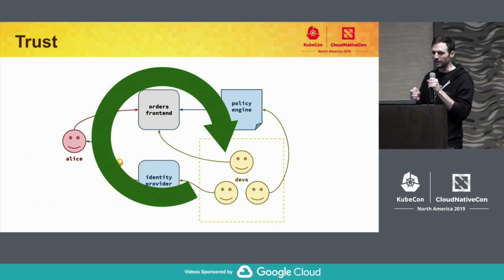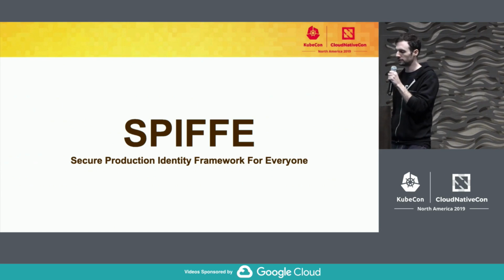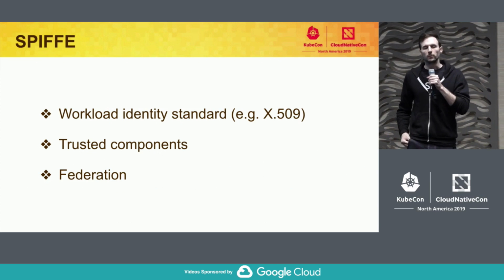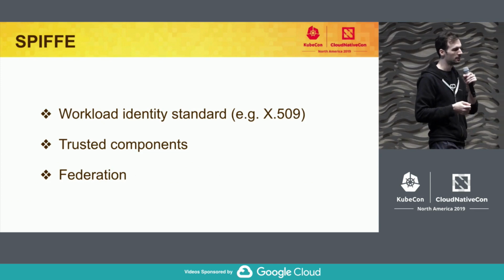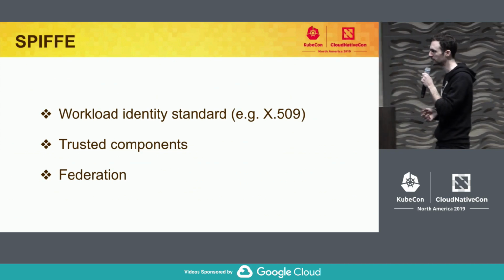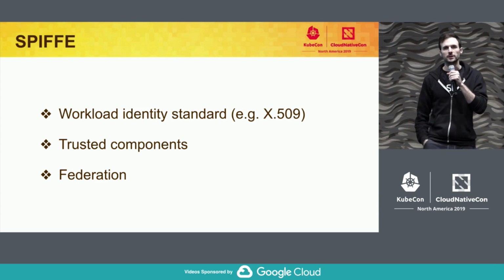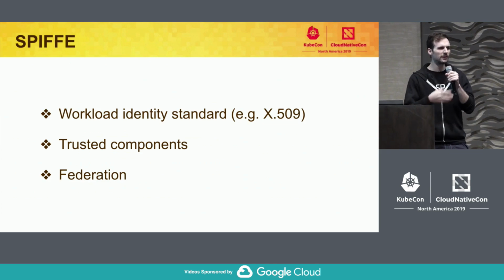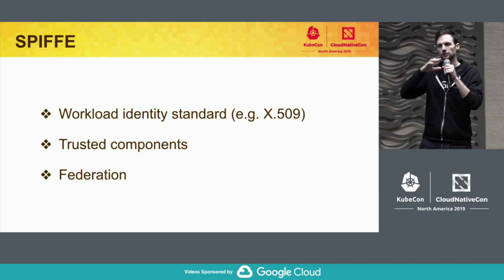And so how do we get there? I want to talk about SPIFFE. SPIFFE is the Secure Production Identity Framework for Everyone, and it's a specification that talks about workload identity. When we think about workloads, we're not talking about Alice and this front end. We're talking beyond the front end to this myriad of back-end services and how those communicate with each other. We want to secure that. Workload identity can be an X.509 certificate, it can be a JSON web token. For the purpose of this talk, I'm really just going to be talking about X.509, but they're sort of interchangeable in some sense. SPIFFE introduces these trusted components, the idea of a trust domain and a trusted authority at the